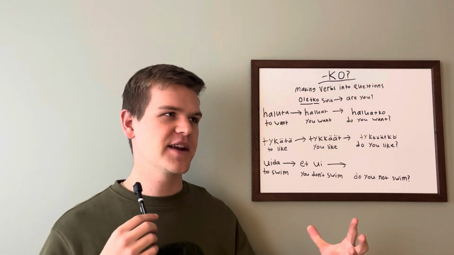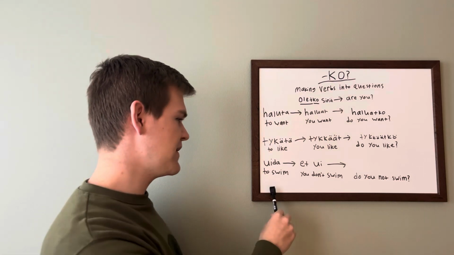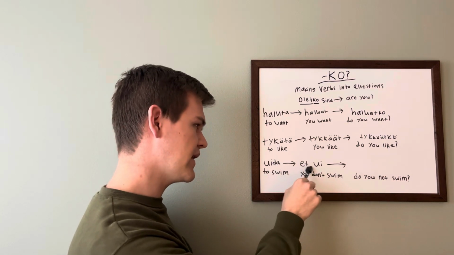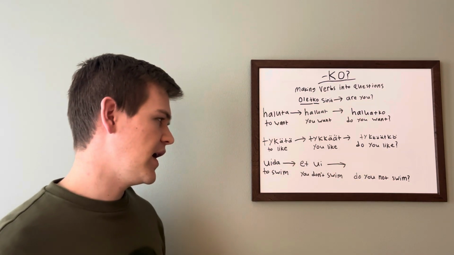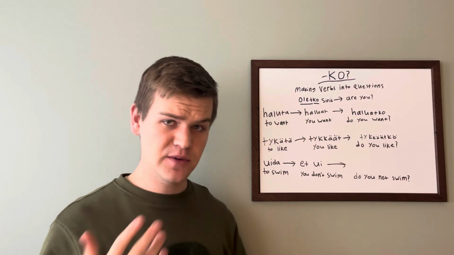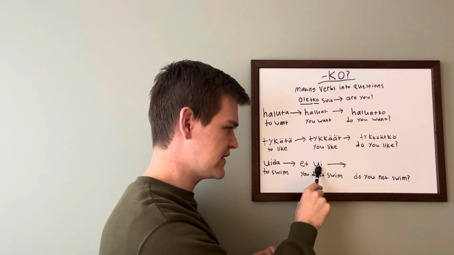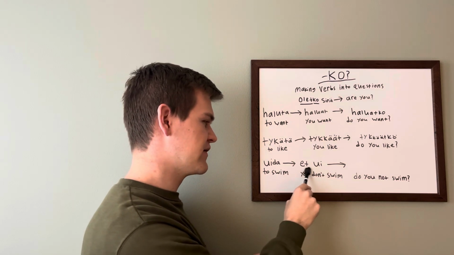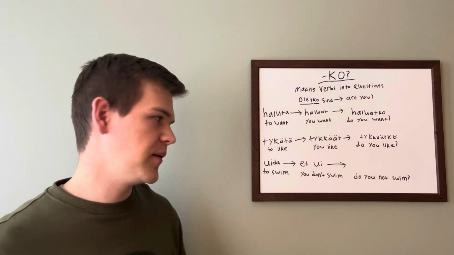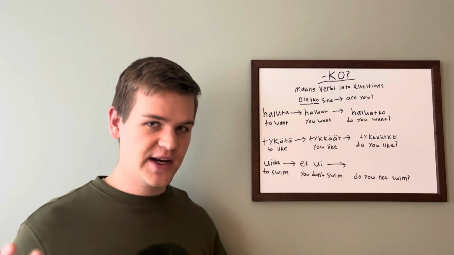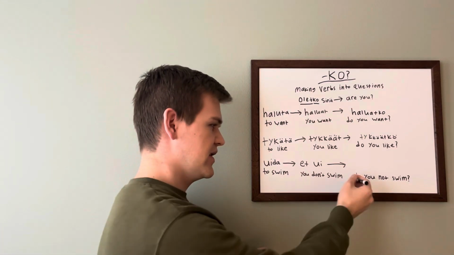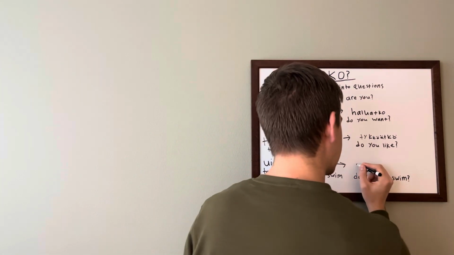The only one that's going to be slightly different is when they're negatives. So obviously we have uida and "et ui." Just like when we were doing the conjugation, we didn't add any endings onto the verb, we only changed the "no" word. We're also going to add the -ko onto the "no" word. So if we're using a negative, and I want to say, "do you not swim?" I could say,